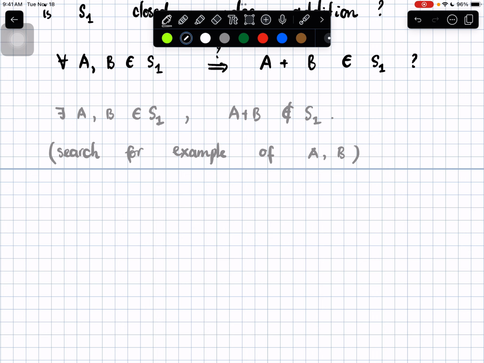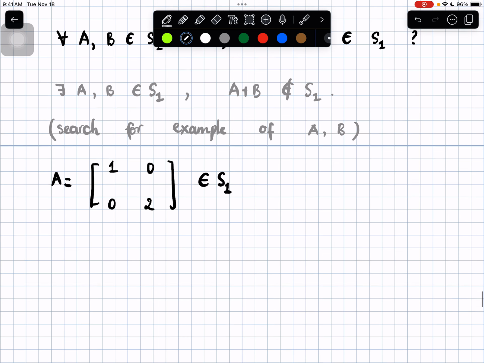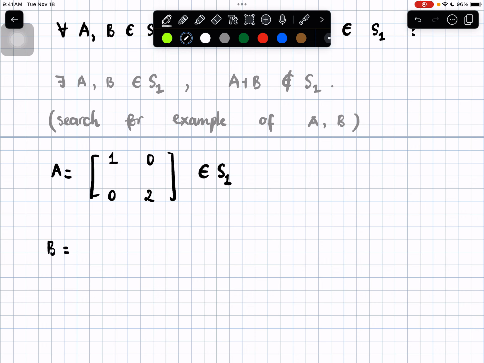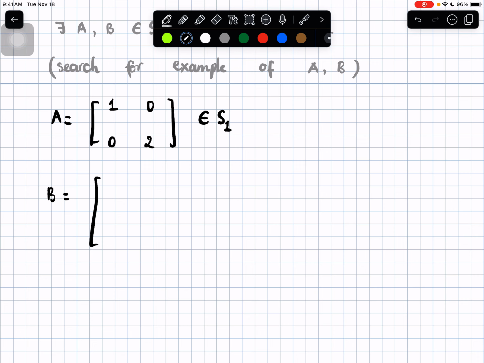So we want A to be diagonalizable. So just pick one diagonal matrix, say 1, 0, 0, 2. This one is a diagonal matrix and therefore is diagonalizable. B is also in S1, so B is diagonalizable. I don't know what value B is, but we know a theorem saying the matrix